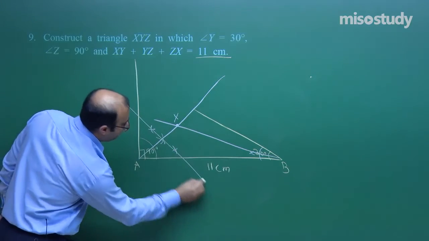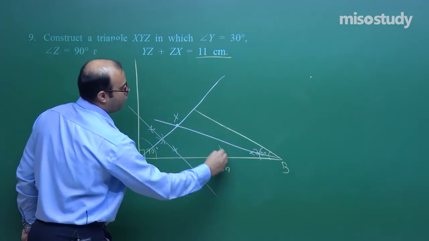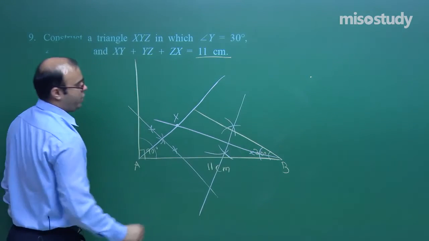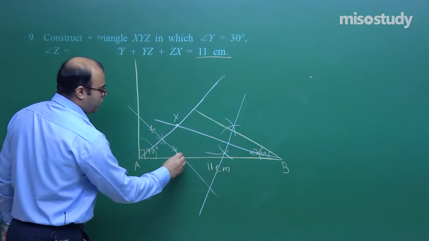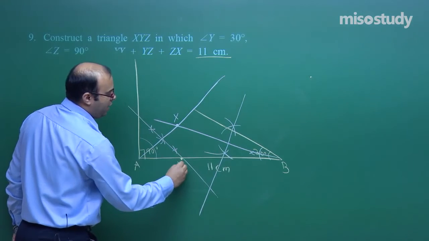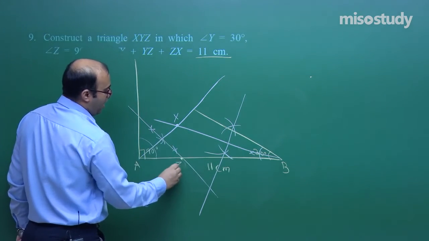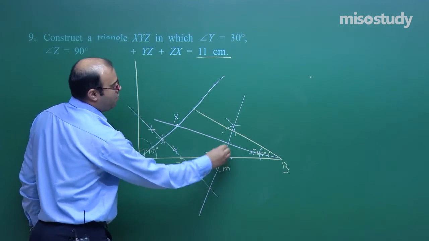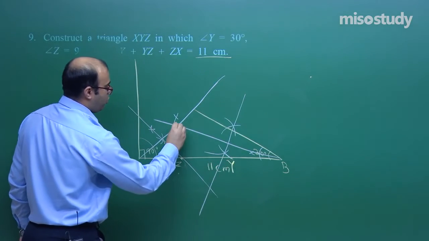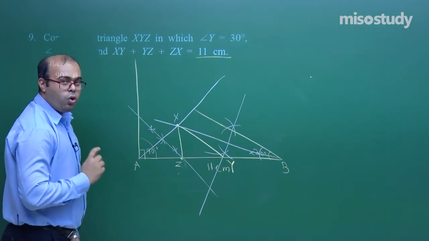So perpendicular bisector of this line is this, and also draw the perpendicular bisector of XB. So this perpendicular bisector of XB will be like this. Let us join them. Now this is the point where this perpendicular bisector intersects this AB. Call it as Y, and this internal angle, call it as Z. And this is the point where this perpendicular bisector intersects AB. Call it as Y. Now join XZ and XY. What do you observe, students?